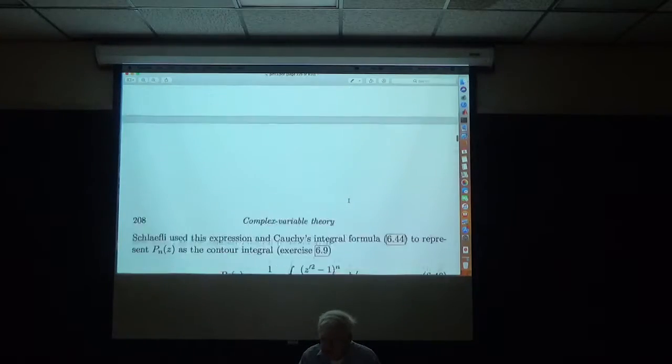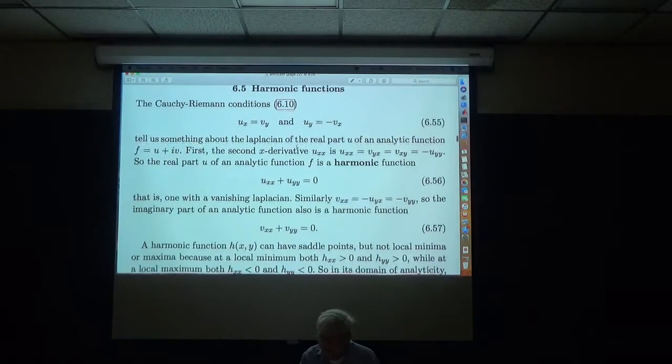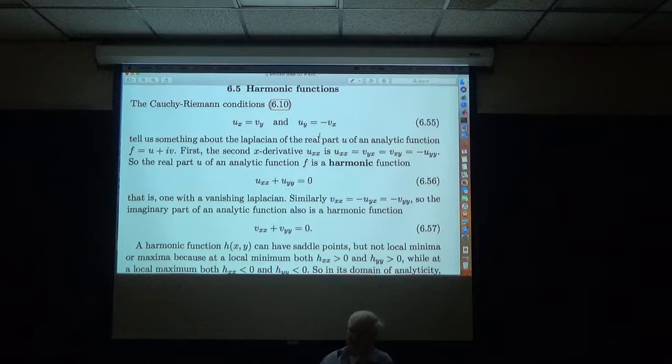So the next thing that we covered last time was harmonic functions, and remember there are the Cauchy-Riemann conditions, namely that if f is analytic and we write it in terms of a real and imaginary part, u plus iv, then the x derivative of u has to be the y derivative of v, and the y derivative of u has to be minus the x derivative of v. And from that it follows that uxx is minus vyx,